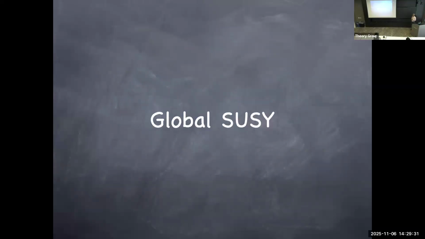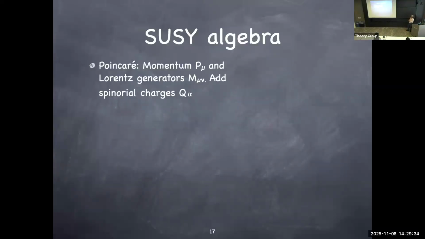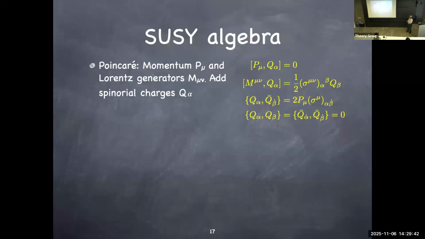Yeah, so the first thing is I have to give you a little review of global supersymmetry. The supersymmetry algebra is an extension of the Poincare symmetry of Minkowski spacetime. And we know the commutation relations among the translation and Lorentz generators. In addition, we have these fermionic charges called supercharges Q alpha, which is actually a spinor under the Lorentz transformation, as indicated by this commutation relation. The Lorentz transformation acting on supercharges is a spinor representation of the Lorentz group.